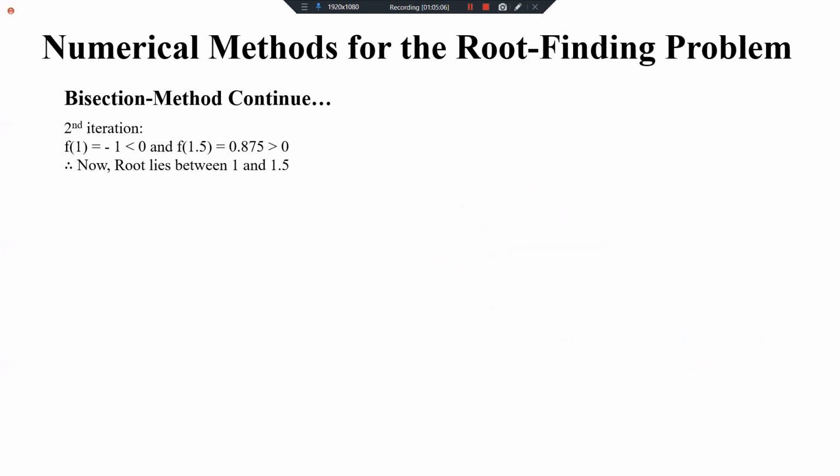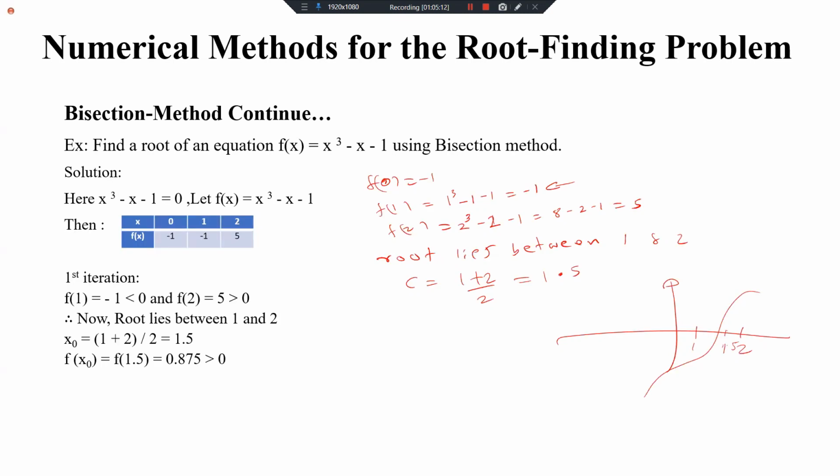It is the 1.5 value is greater than 0, no? So that means it is